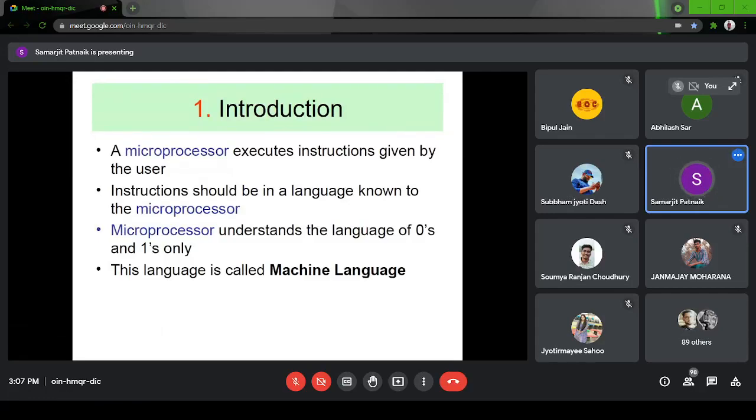Now the question is how to write them and what things we need to know. How is it different from our programming in C, C++? C, C++, Java, Python are all high level programming languages.